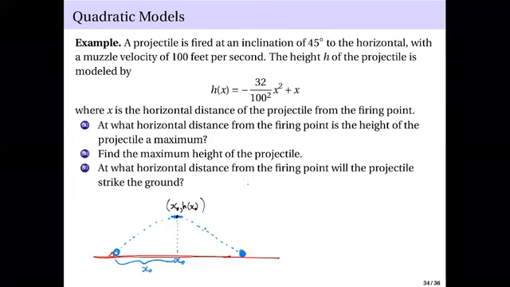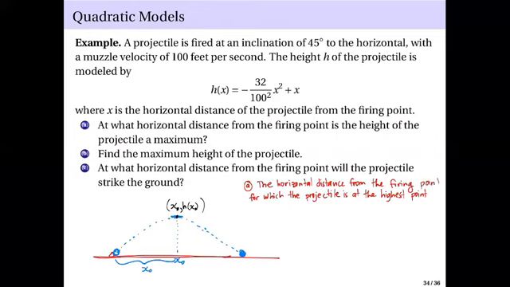So to answer A, the horizontal distance from the firing point with the maximum height, for which the projectile is at the highest point, is